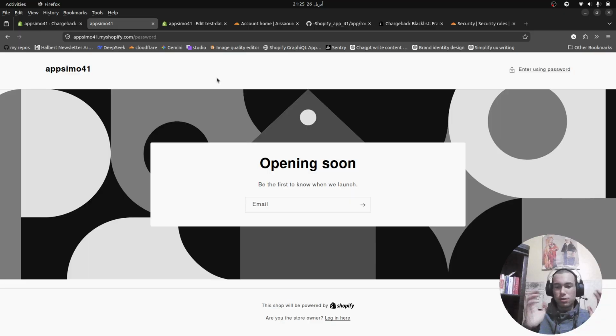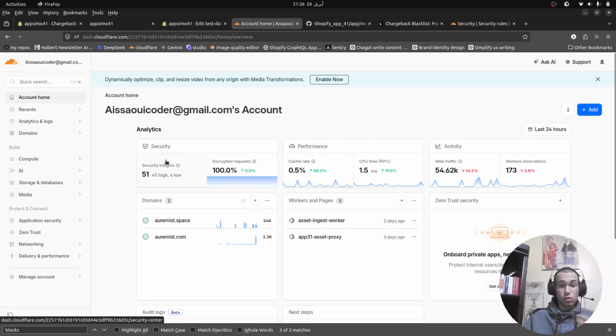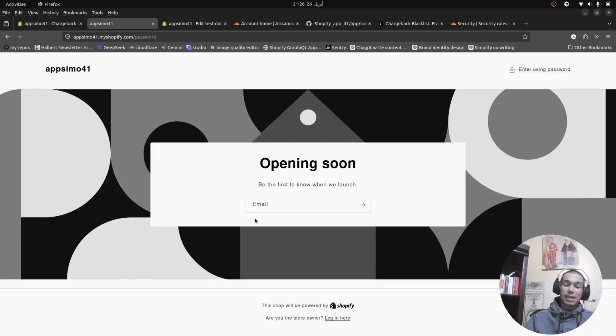For the session bots, for the scraping bots, they usually just hit the server. They don't touch your website at all, and they will create a session. You will see on your analytics there was a session, but they can't do anything. They can't add to cart. They can't do anything. They're just scraping. So it's just a session there, and there's really nothing you can do about it. I mean, if they use your main domain with Cloudflare, they can't scrape. But if they use the my Shopify domain, they can scrape, and you can't really do anything about it right now,